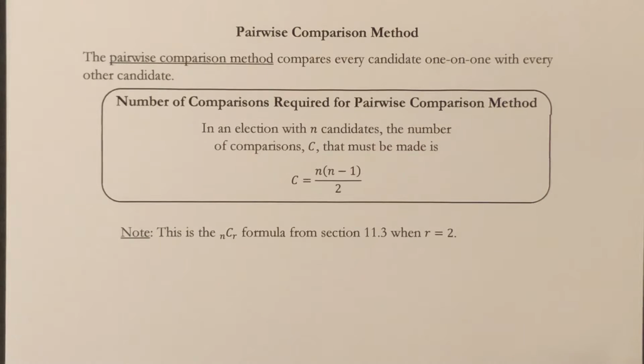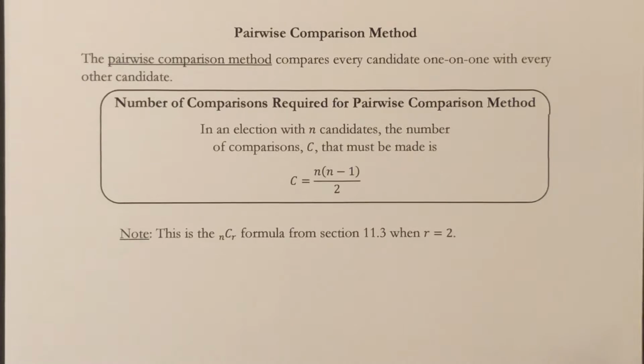This is part 4 of the voting methods section. The final method we're going to learn is the pairwise comparison method. And what it does is it compares every candidate one-on-one with every other candidate. Now, you may want to know how many comparisons you're going to have to make, and there is a formula